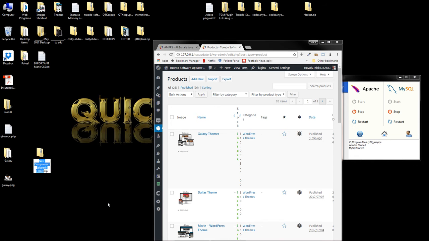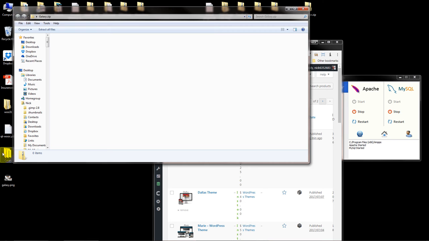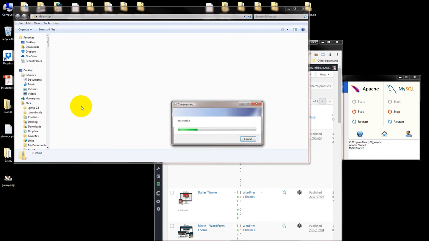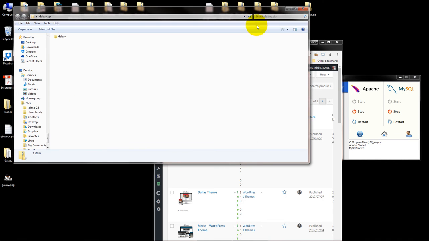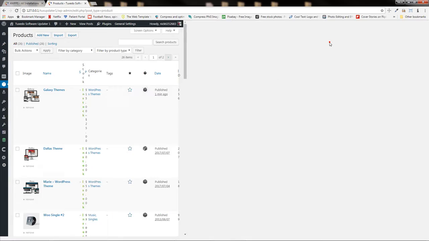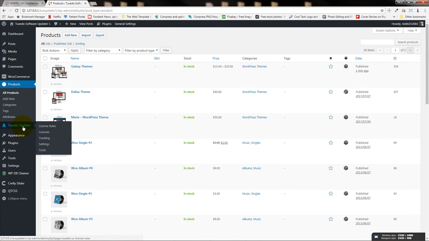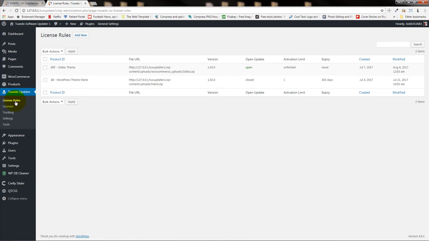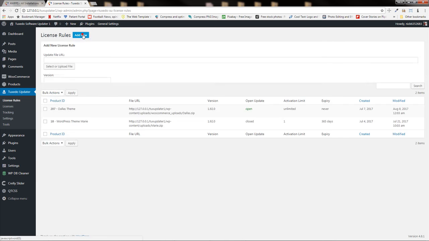So Galaxy, and then put the folder in there. All right, we're good to go. Let's go to the Tuxedo updater license rules and create the license rules for it. So we're going to say add new,